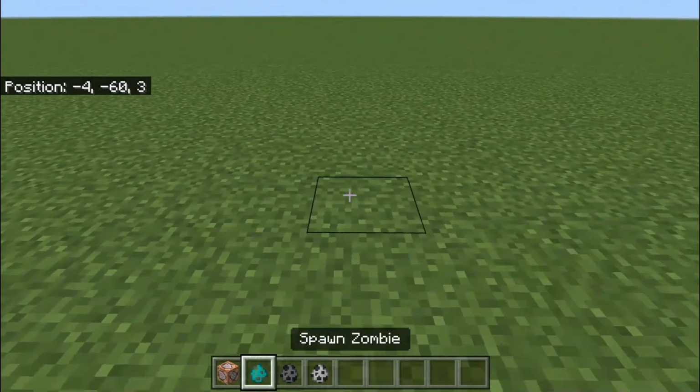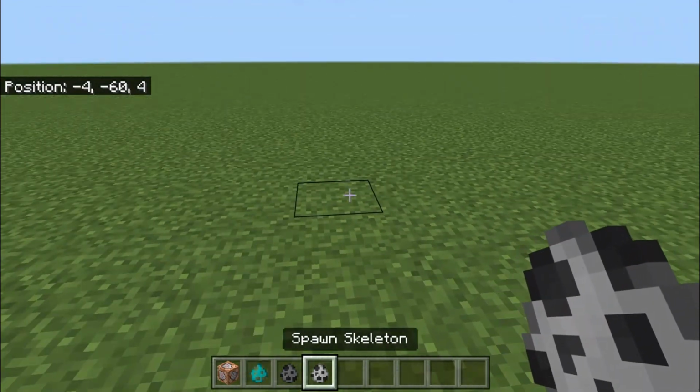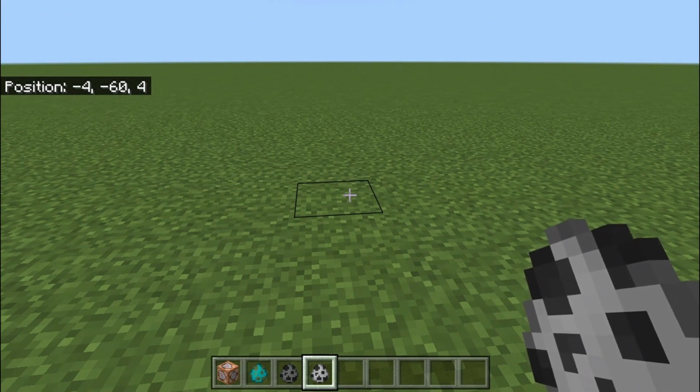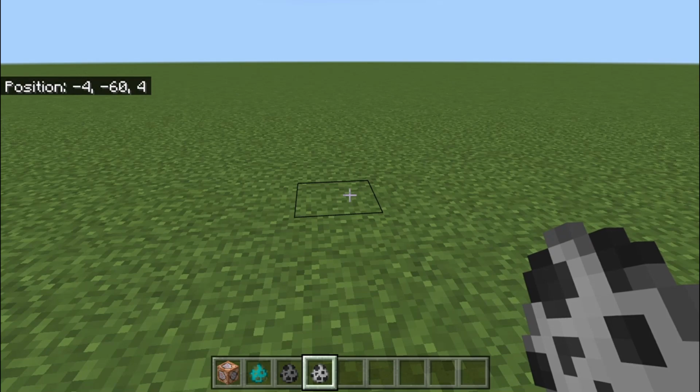Since we've got our mobs down, you can make a zombie king, or any type of king, or at least have one boss, which will complete the tutorial. And now we're going to go on to